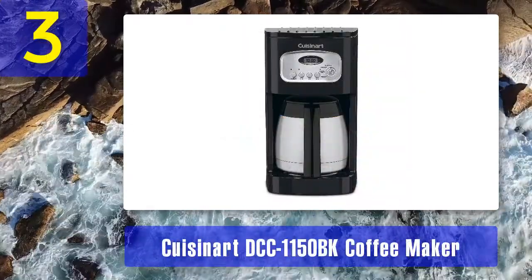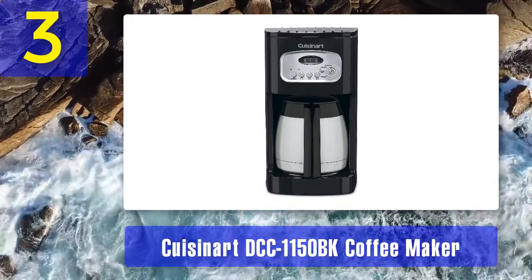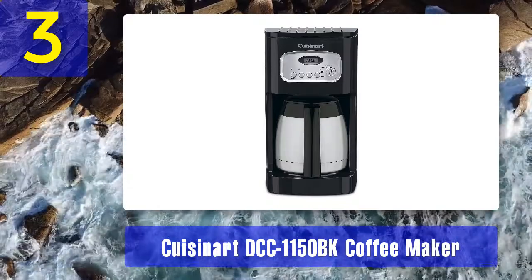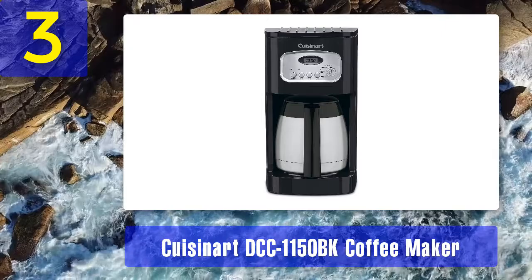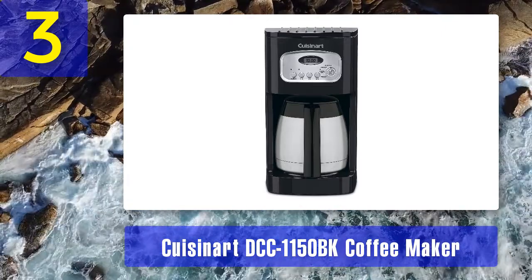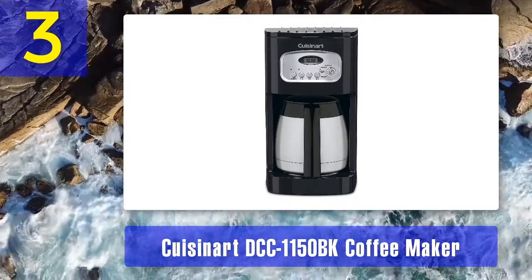Coming in number 3. Cuisinart DCC 1150 BK Coffee Maker. There are a few Cuisinart thermal coffee makers on the market, and the DCC 1150 BK is quite a simplistic thing. If all you need is a compact machine that gets the job done fast though, then I think it's a good option. The double-wall insulated thermal carafe does a decent job of